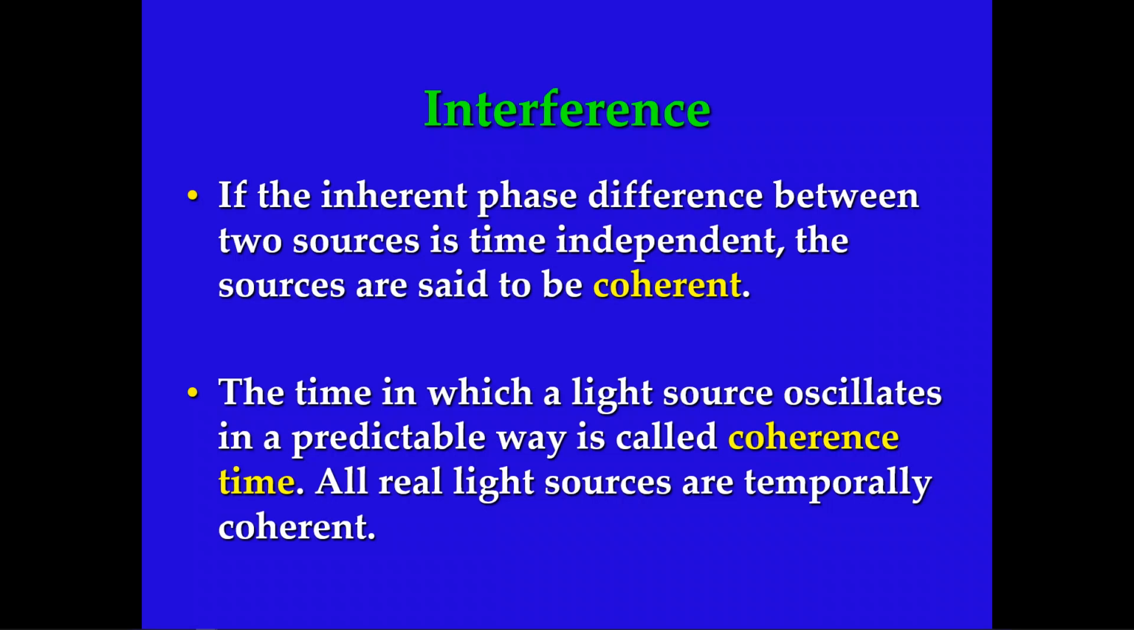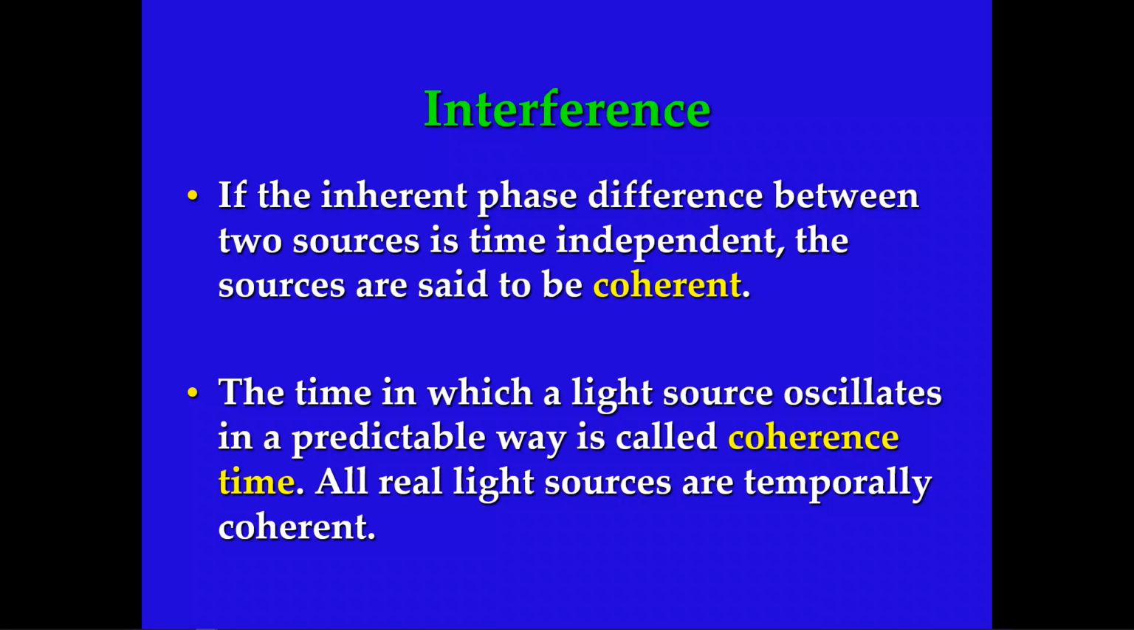All real light sources are temporarily coherent. And generally speaking, light sources produce waves in bursts or packets or wave trains. Each packet will have a different phase. There are cases where the phases from each source are nearly the same. For example, the laser or light passing from a single source through two slits. Then that would be an example of